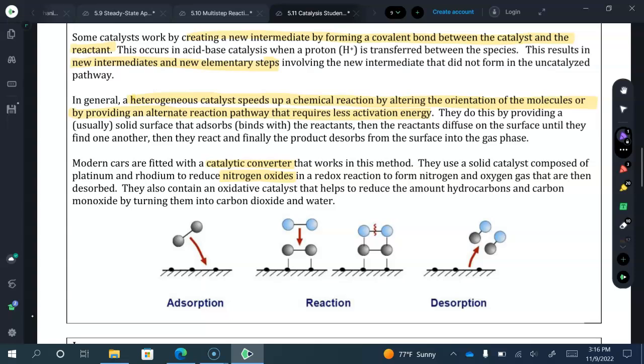In general, a heterogeneous catalyst speeds up a reaction by altering the orientation of the molecules or providing an alternate reaction pathway that requires less activation energy. They do this by providing usually a solid surface that adsorbs or binds with the reactants. Then the reactants diffuse along the surface until they find one another, and they are oriented in such a way that they can hit each other and react. So it provides a substrate to increase their